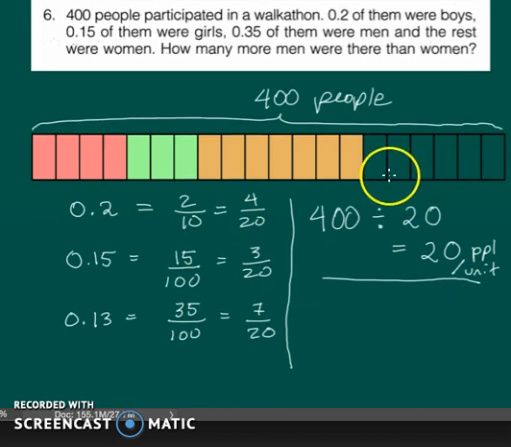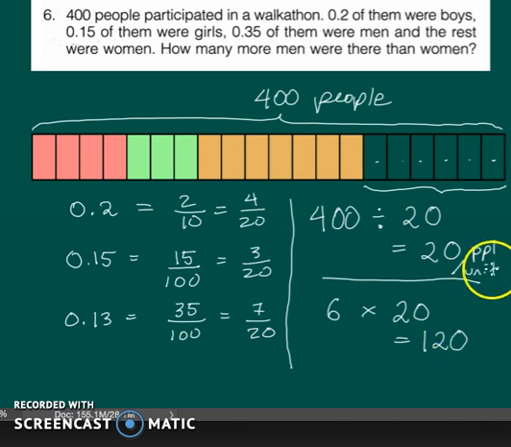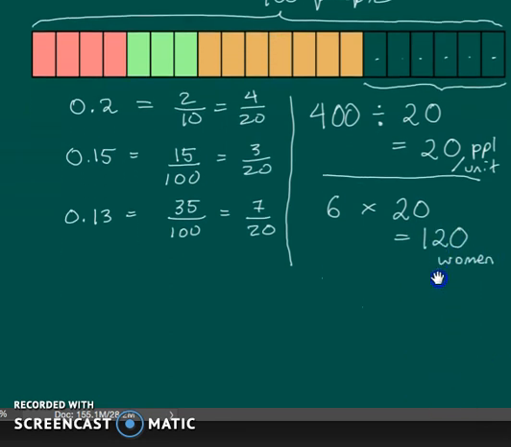All right, so how many units are left? And we're told that the rest were women. So these remaining units here represent the women, and we have 1, 2, 3, 4, 5, 6 units left over. Okay, so we know that we have 6 units and that each unit represents 20 people. 6 times 20 will be 120. So we had 120 women,